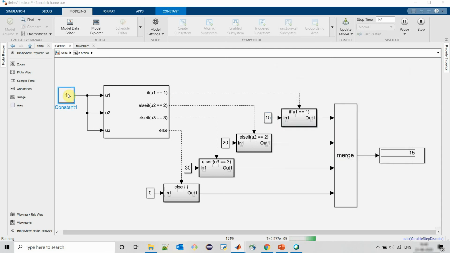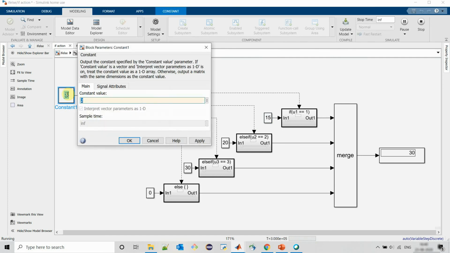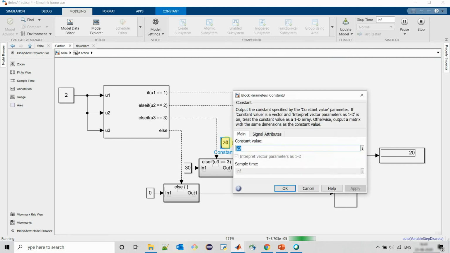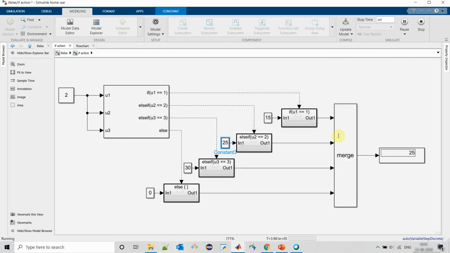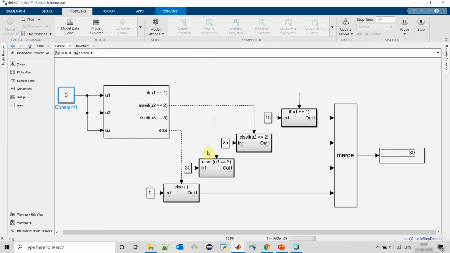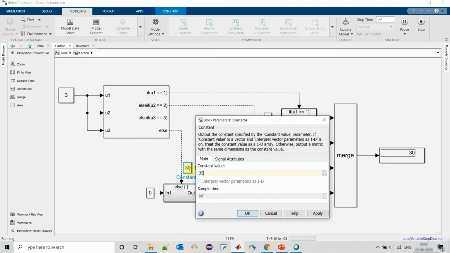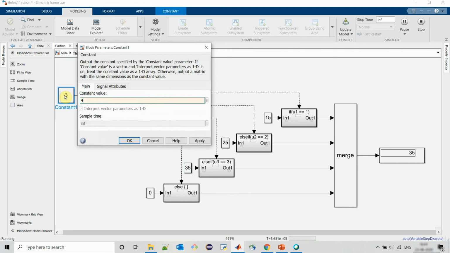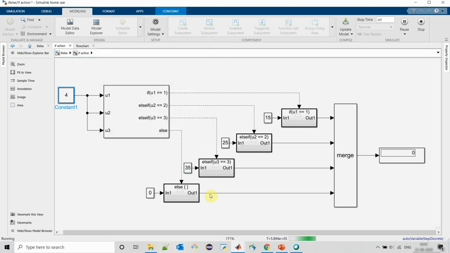When condition 2 is true, the second subsystem will be enabled and its input is passed as output. And when condition 3 is true, the third subsystem will start executing and it will pass output. And when none of the conditions are true, it will pass the default output.